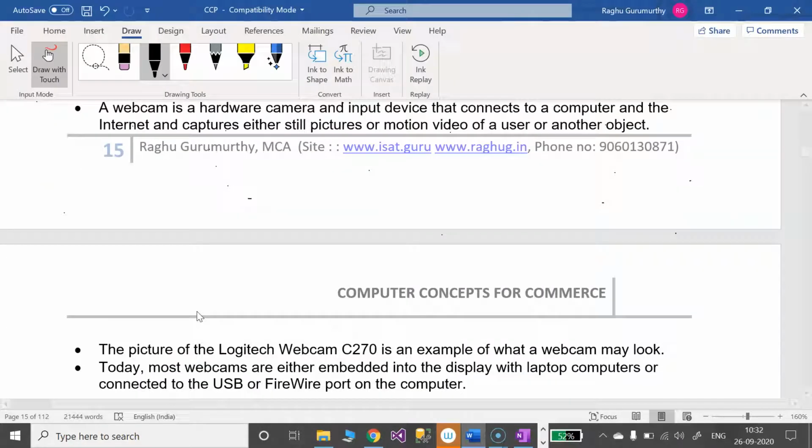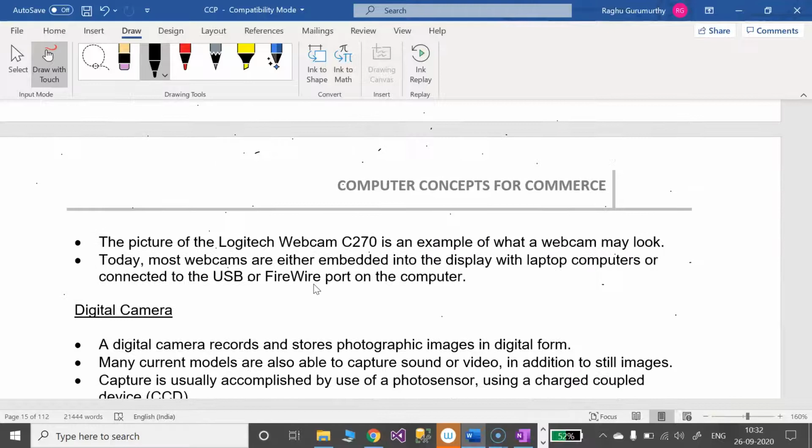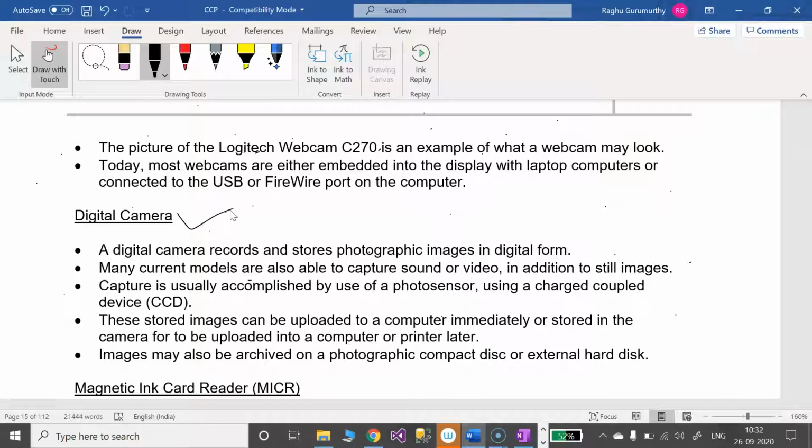We may use it for motion videos also. We may capture videos for video calls. Nowadays we have a front camera in our mobiles. That is nothing but a modified version of the web camera. Later, followed by the digital camera. A digital camera is somewhat detached from the computer. Once we get photographs, we can transfer those photos to our computer. That's why it is also considered an input device.